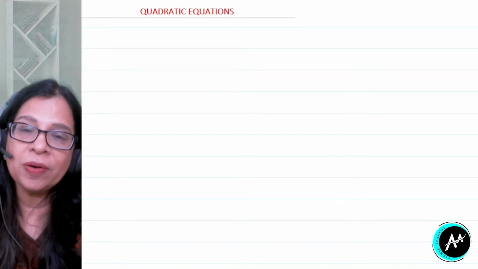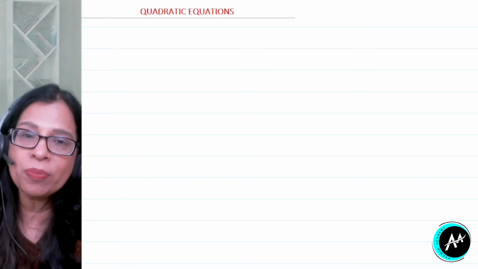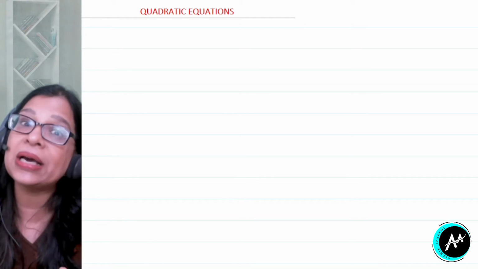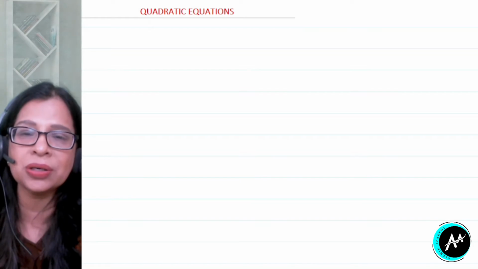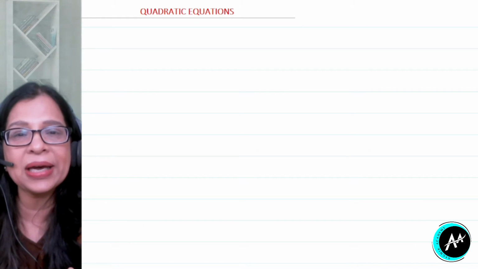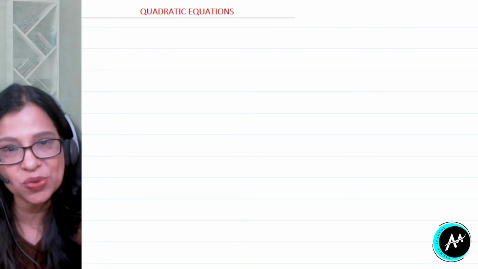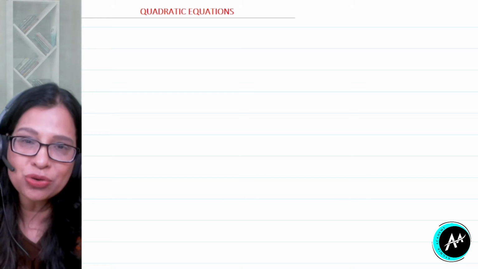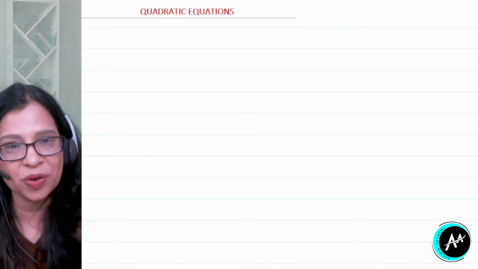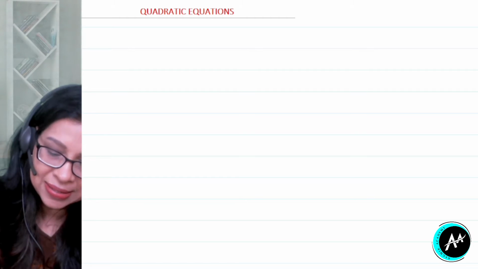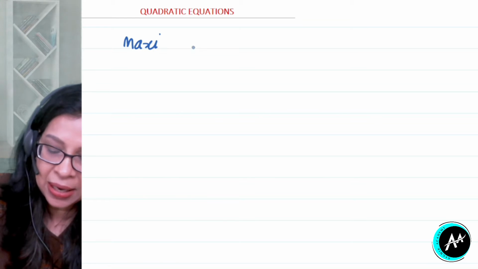Now in this lecture we are going to do again a very important part, and it will be interesting also because we will be able to relate it to a graph. You know, in mathematics whenever you can relate it to any pictorial representation or you can see it graphically, then it becomes easier to understand the concept and it becomes interesting also. Alright, so the first thing that we are going to do today would be the maximum and minimum value of a quadratic expression. So let's start. So the first thing is the maximum and minimum value of a quadratic expression.